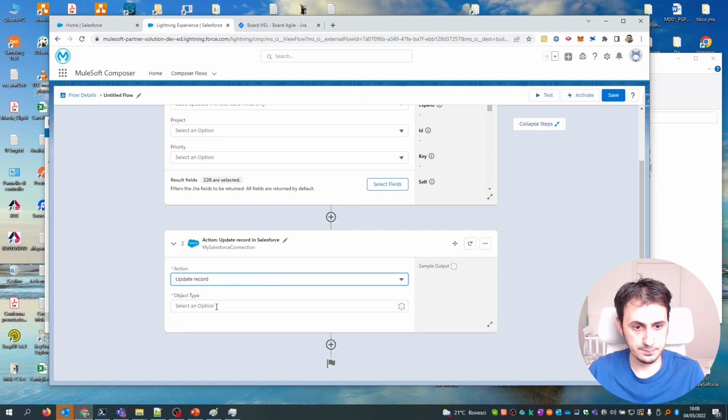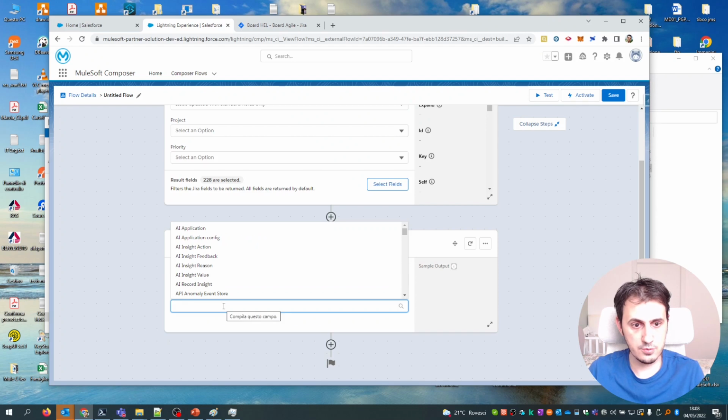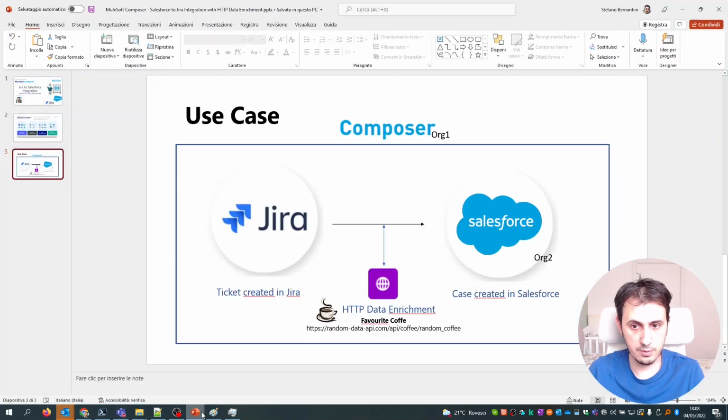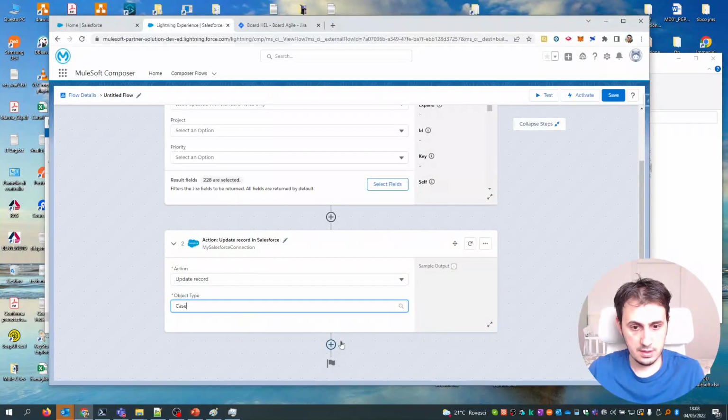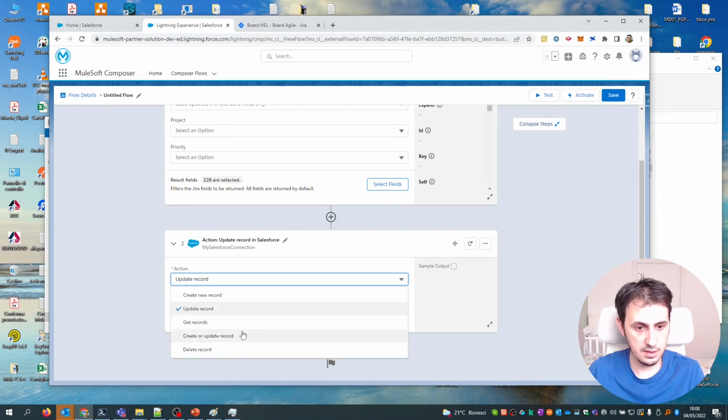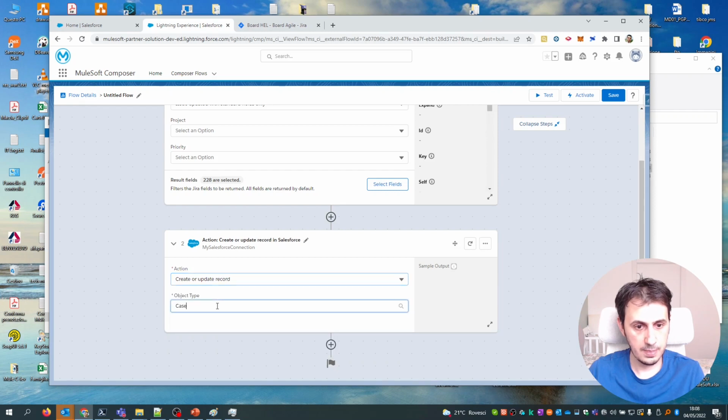So now I want to create, I also want to upsert. I have to set up the object type, so I want to select a case, according to our PowerPoint requirement. I do not want to update, I want to upsert: create or update record.